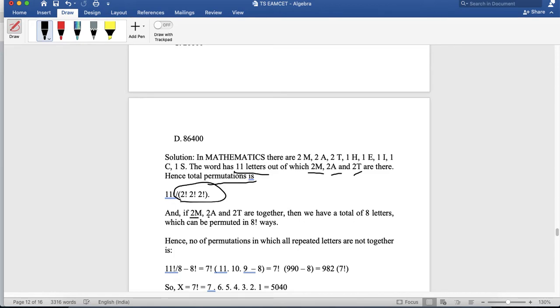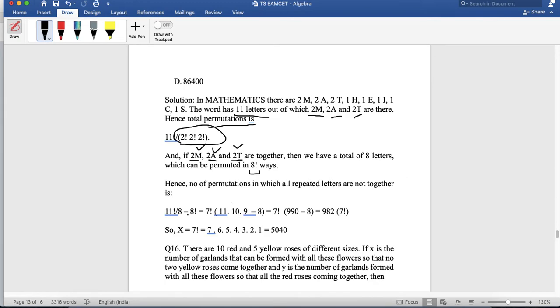So if 2m, 2a and 2t are taken as together, you will get how many letters? 8 letters, right? So 1, 2, 3, 4, 5, and 1 of this 6, again 7, and 1. So 2t I am considering as 1, 2a I am considering as 1, 2m I am considering as 1. So total permutations will be what? 8 factorial. So my answer is what? 11 factorial by 8 minus 8 factorial. Now this is equal to